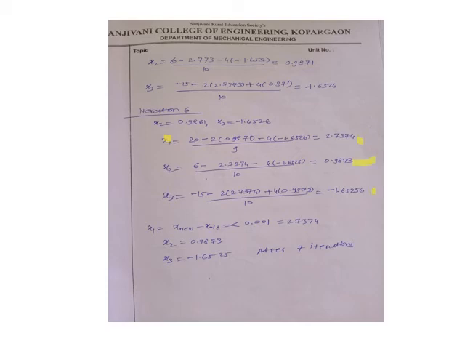Okay, now it may be possible that this iteration method, you could see that it involves more calculation, it consumes more time, and sometimes it is not possible to converge the method. That is, it is not every time that you are going to get the solution of the system. Okay, such a problem I am going to give you as an assignment. Okay, that particular thing is called a divergence.